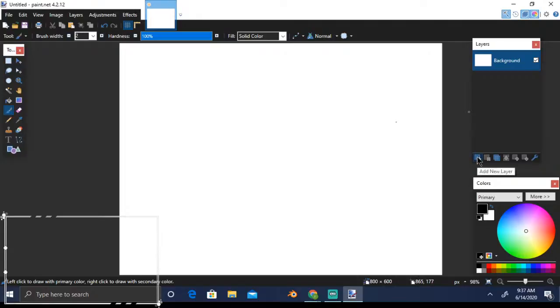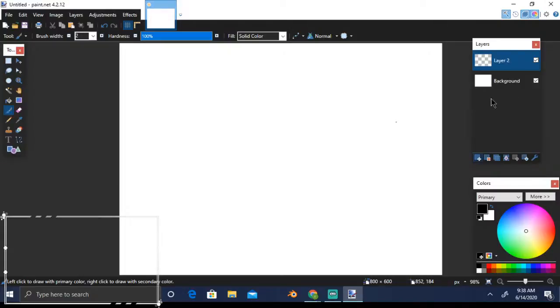What layers means is it's like you are putting a layer of a transparent sheet on top of your drawing board, and you can actually draw on that transparent sheet and then you can merge it down. It is always a good practice to make whatever new things you are making on a new layer. If you do it on the background, it will become difficult to change later on. You will see as we proceed.